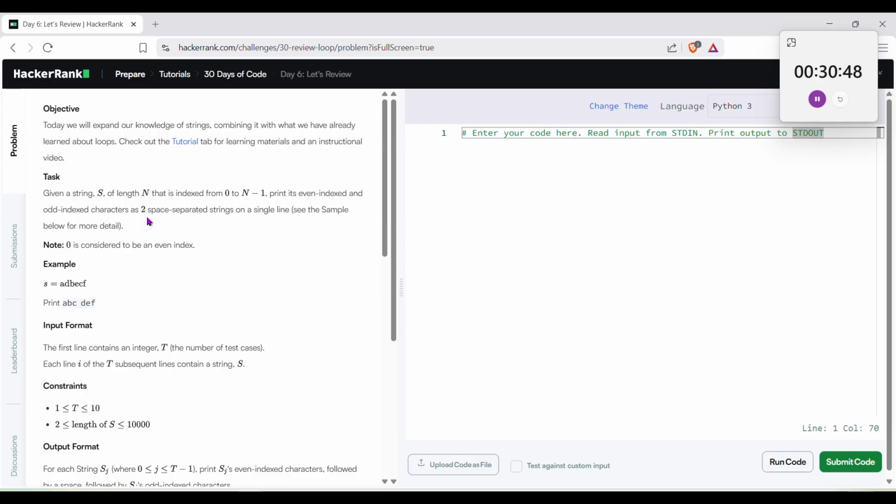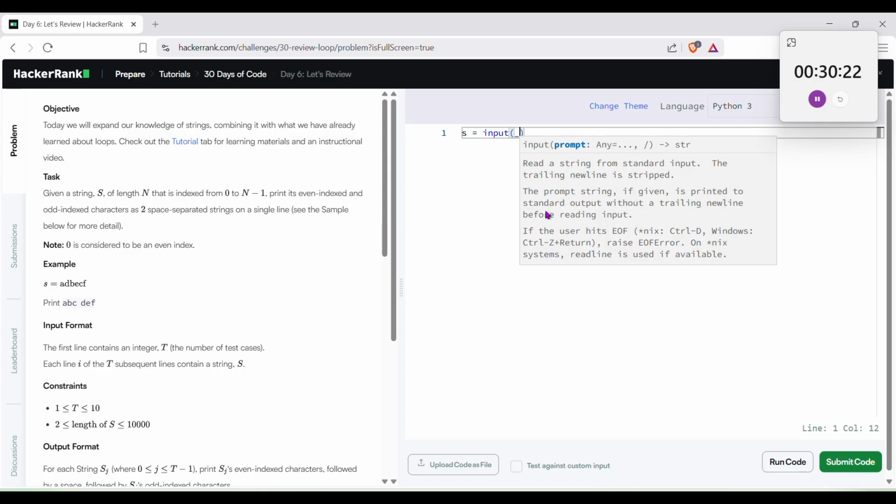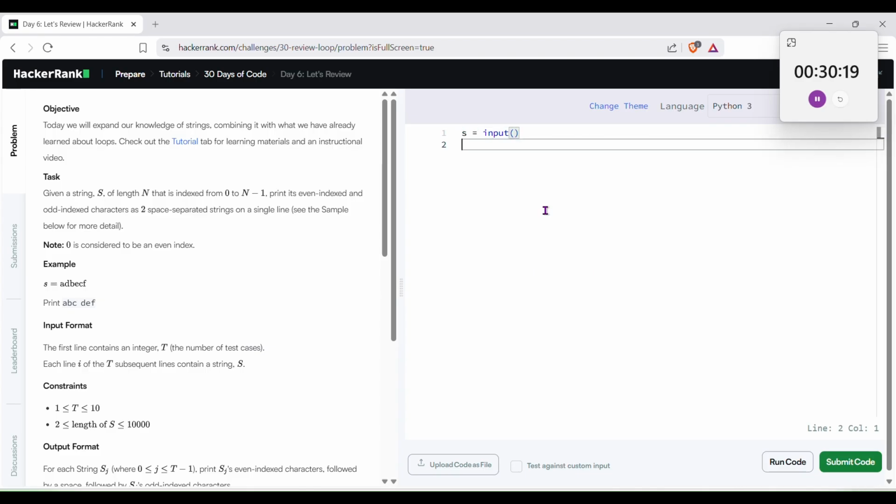Even indexed characters. Okay. Let me get the string and then